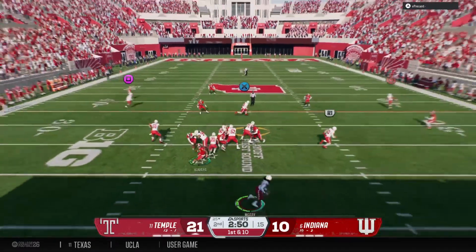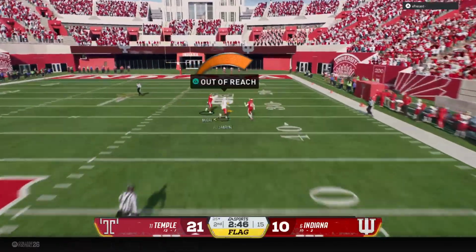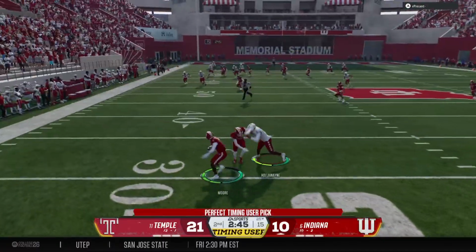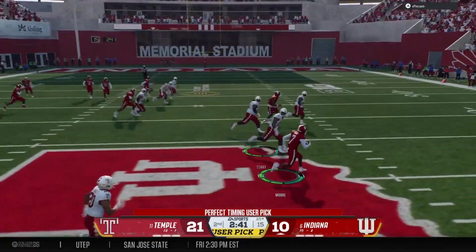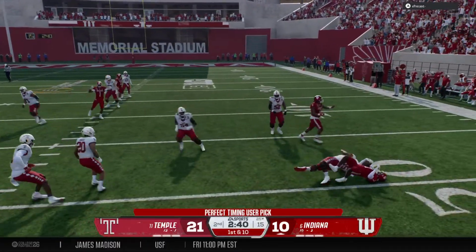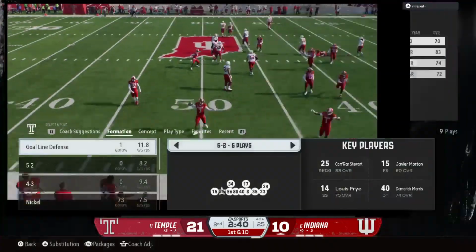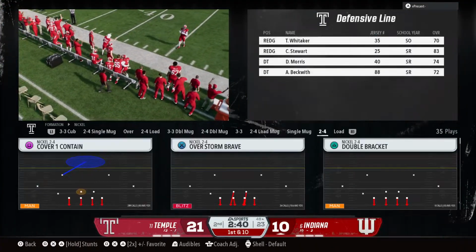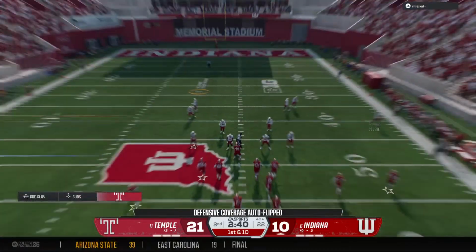Off the play fake, looking to throw. On the move now. On the move, looking deep down the right side. It's intercepted. Across his body. Breaks loose at the 45. And they finally bring him down. Great defensive play, but there's a flag on the field. Let's see if the takeaway stands. The offense will obviously decline that penalty and take the result of the play.